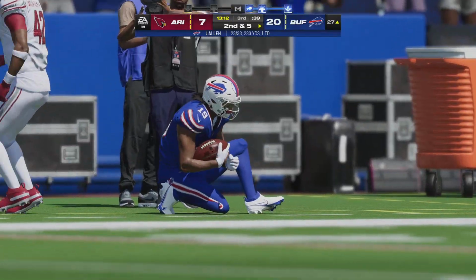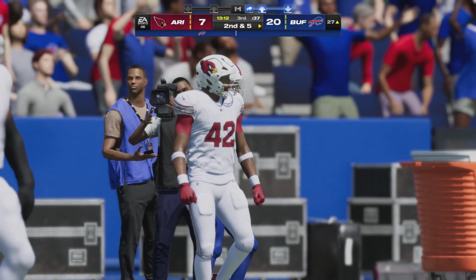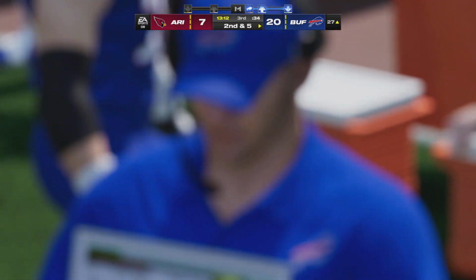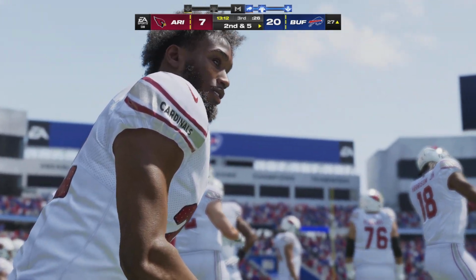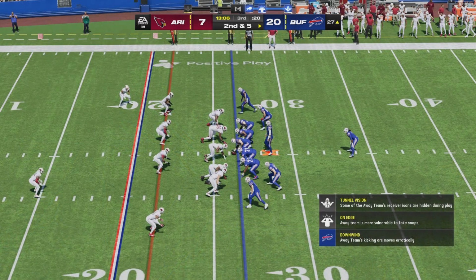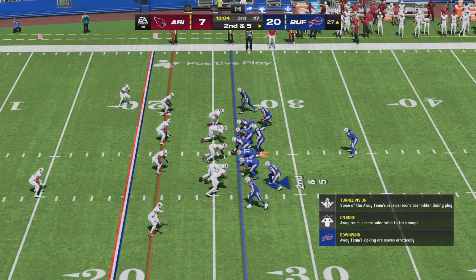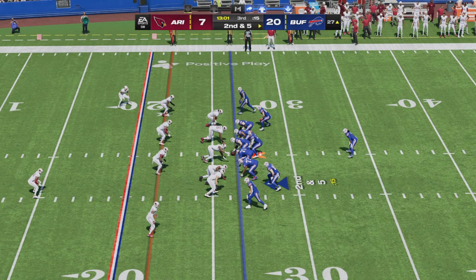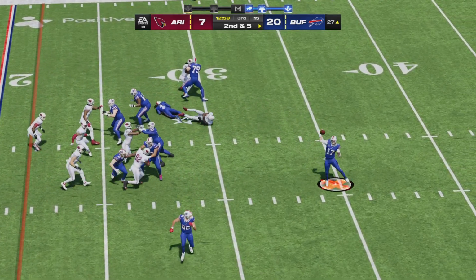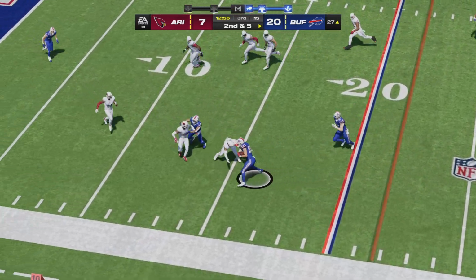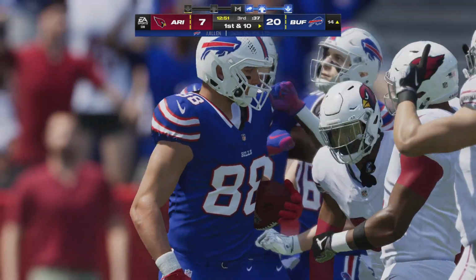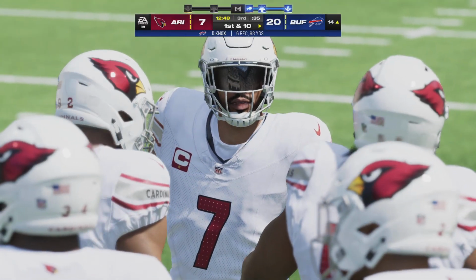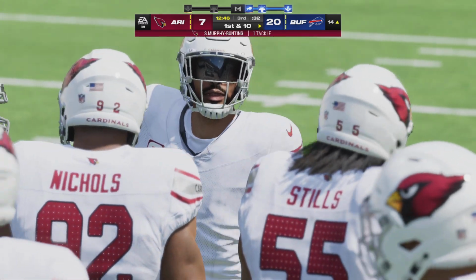Allen's throw there complete to Hamler. And he is out of bounds inside the 30. Ball on the 27. Here's a 2nd and 5. Play action. Now it's Allen. Finding Knox there, complete. And they're going to have another first down as the tackle's made here at the Cardinals 14. They pick up 12 on the play there, and they move the chains.